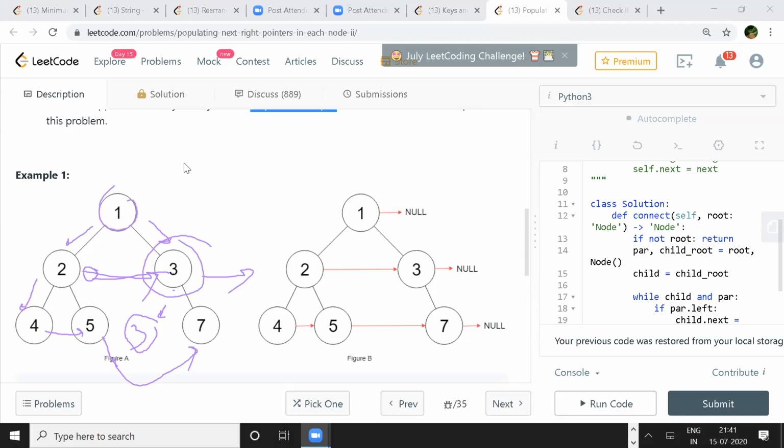So we'll have to use something like a while loop to keep on moving, because if you go down many levels, you will have this issue, so we'll have to keep on monitoring that. That is the only trick we need to take care of.